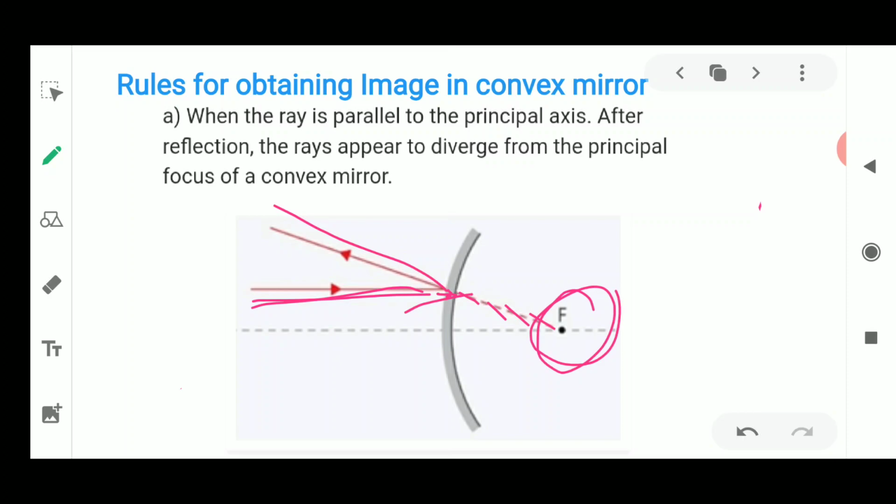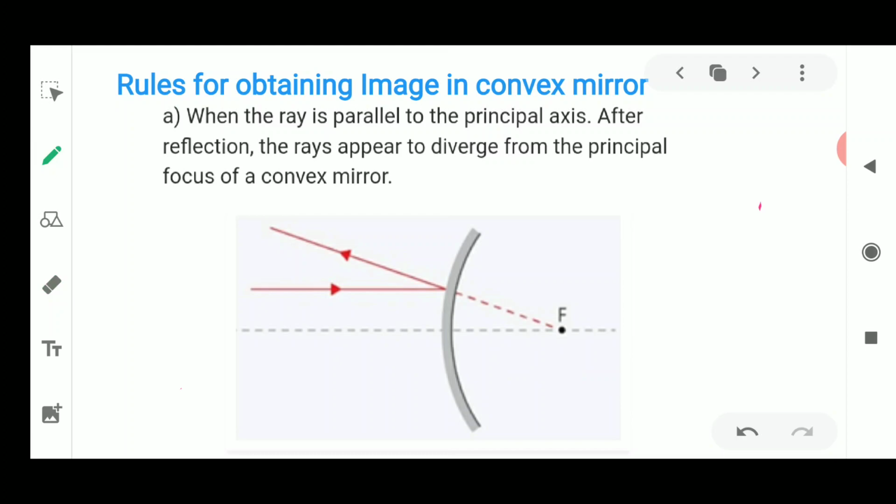So we talked about the various letters or terms which are related to these mirrors: center of curvature, radius of curvature, focus, pole, parallel, principal axis. We already discussed this in the case of the concave mirror. Similarly here also the things will remain the same, but in this case the focus will be the virtual one, as the real focus is not going to be obtained.